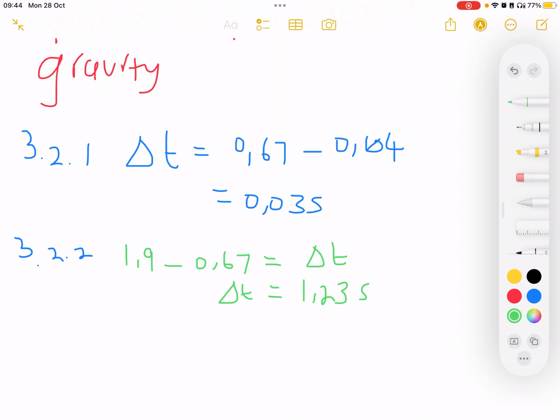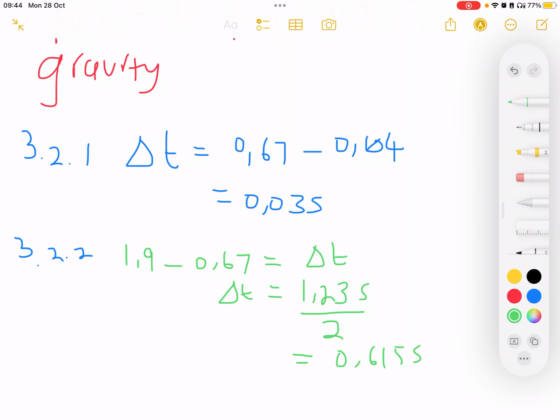So if it took 1.23 seconds, what is the half of 1.23? Because we're looking for the midpoint, and the midpoint is half. So we divide this one by 2, we get 0.615 seconds. Now, 0.615 seconds,